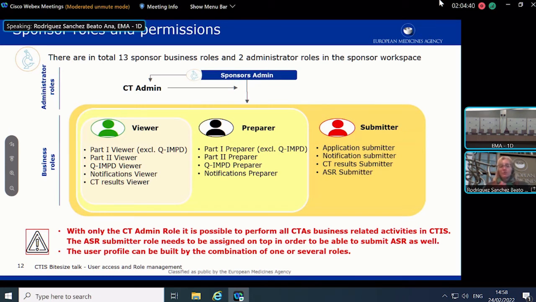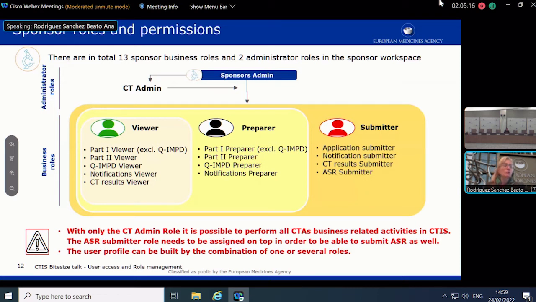So now here is just to give you an overview of the sponsor roles. The roles linked to the sponsor group of users, because as I explained, in the sponsor workspace you have the sponsor group of users working and the MH applicant group of users. But the focus today is the sponsor group of users, and these are the sponsor roles, with the sponsor admin at the top, the CT admin as the medium level administrator. But remember, the CT admin is a very powerful role, because they have mapped the permissions of all the other roles that you can see below.